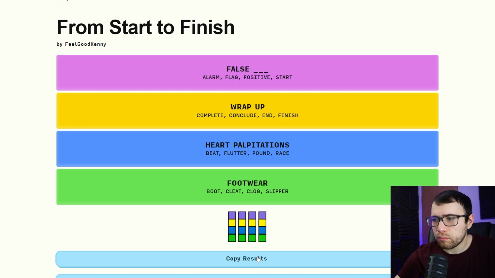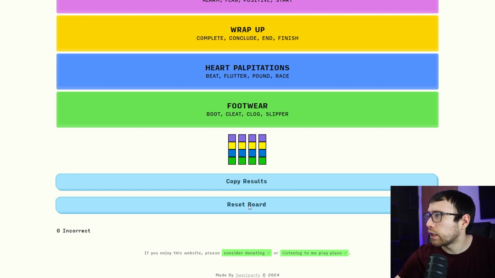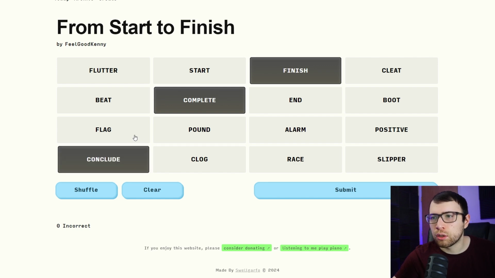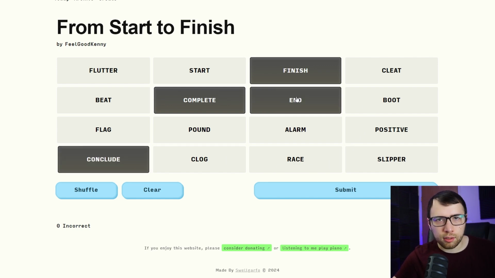And I figured I'm going to start creating a bunch of these now that I know that this website exists and I can share it with you guys easily. I just have fun making these. When I make these custom ones myself, a lot of these words are going to be like the category I did with complete, finish, conclude, and end. It's literally just going to the thesaurus and looking up synonyms for things and putting them in. So it's probably not going to be a lot of names of people. I mean, maybe I will.